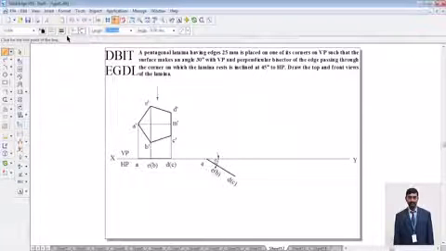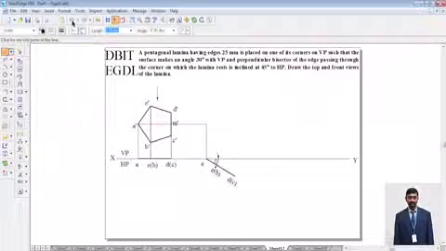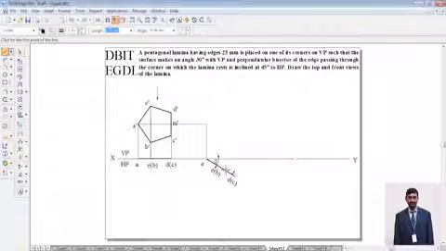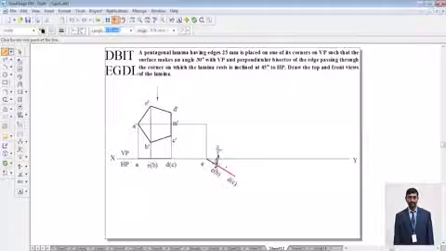Next, I'm going to draw the projection lines. The projection line of A, and I'm going to just disable the midpoint. From this endpoint, next the immediate midpoint E and B, I'm going to draw the projection lines.